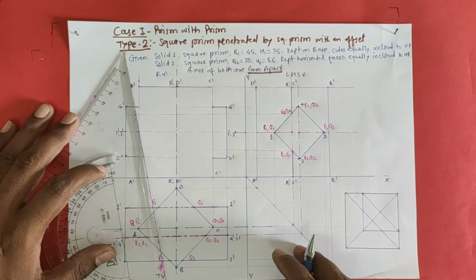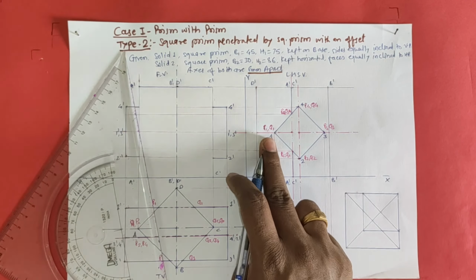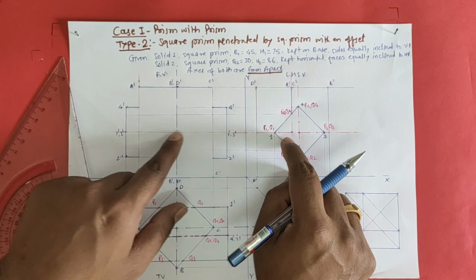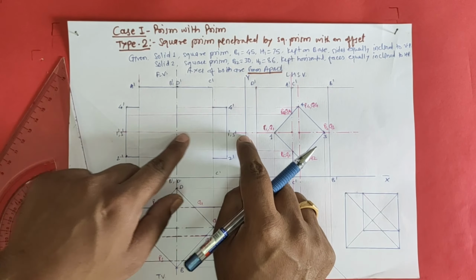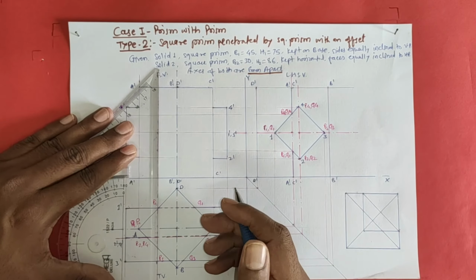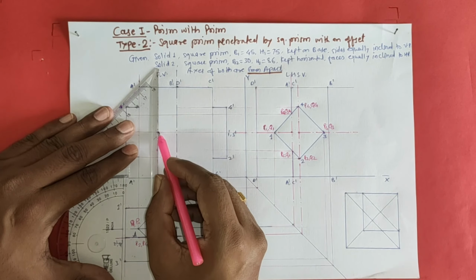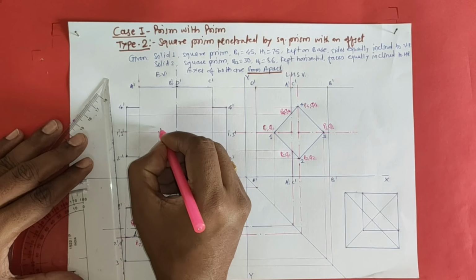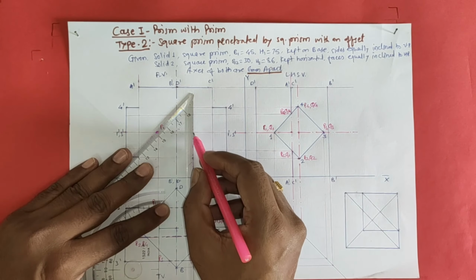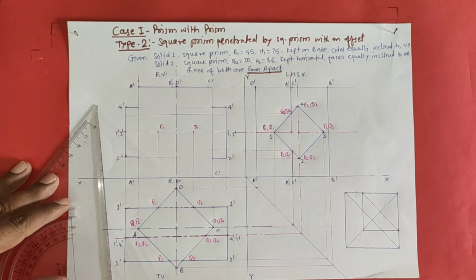So see, I will start clockwise from P1 Q1 point. So first of all, P1 Q1 points are plotted on this line, as well as P3 Q3 points are plotted on this line. I will take projection from here to here. So see, P1 point is here. I will take projection of P1 point on this 1 line. So I will get P1 here. So here it will be P1 point. Similarly, go for Q1. Okay, Q1 point will be on 1 line to the right side. So you will get Q1 point here.